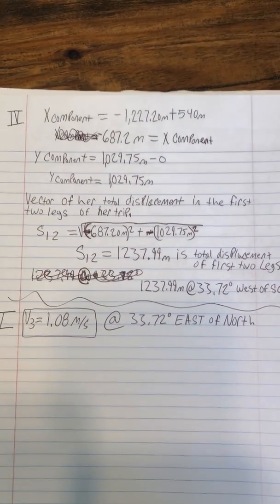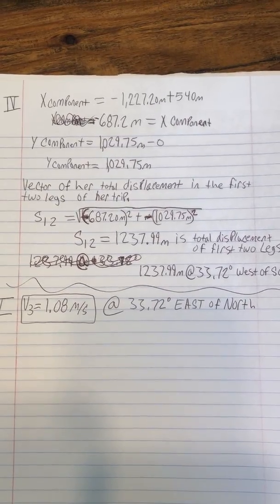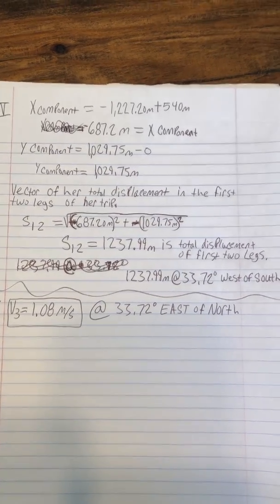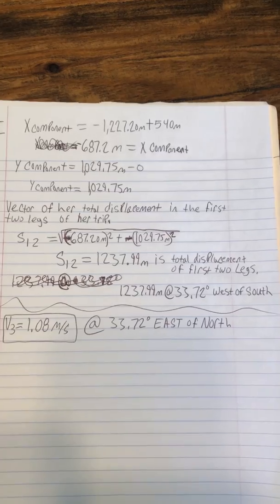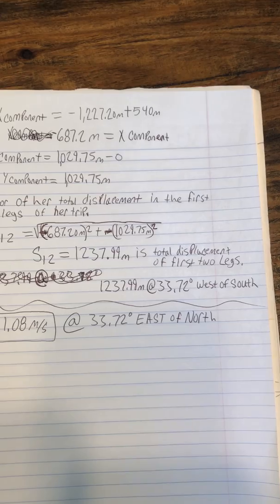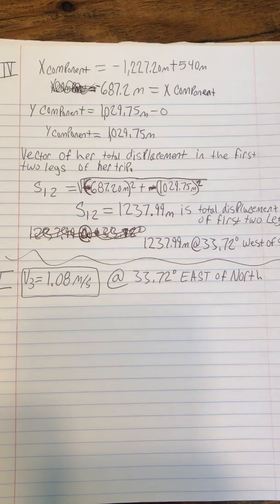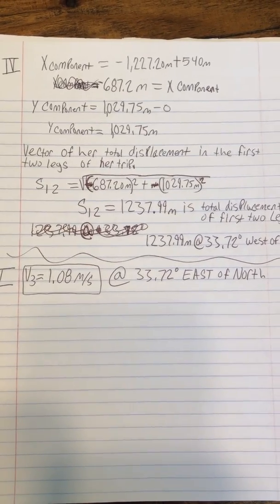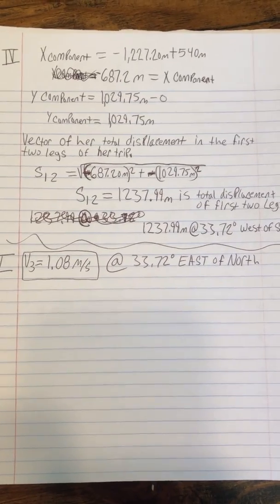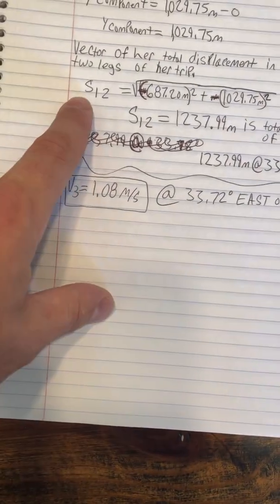In the fourth question, the X component equals negative 1,227.20 plus 540 meters, which equals negative 687.2 meters. The y component is 1,029.75 meters. The vector of our total displacement in the first two legs of the trip, S1 and S2,